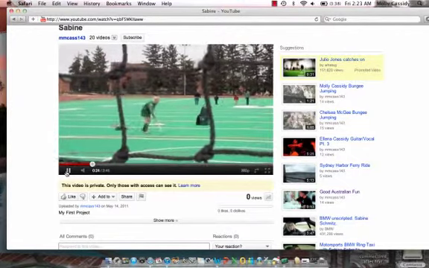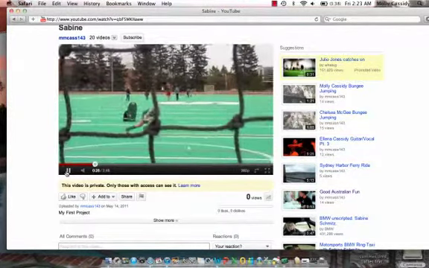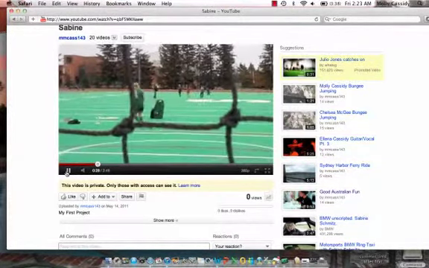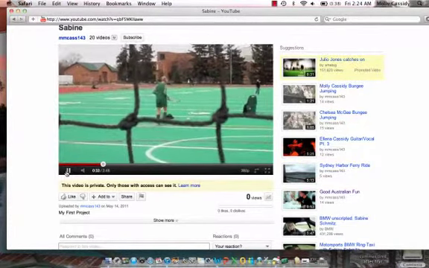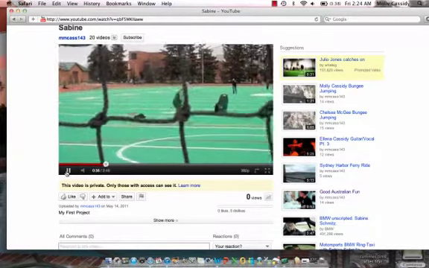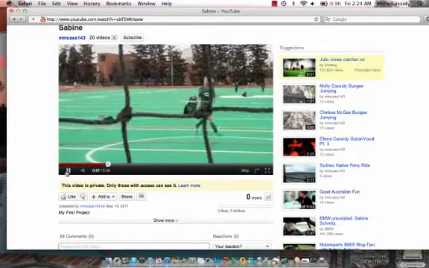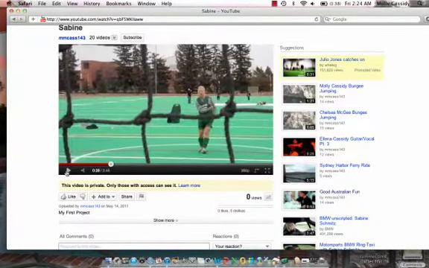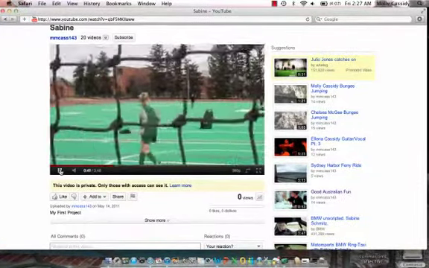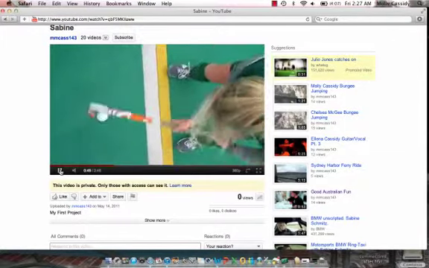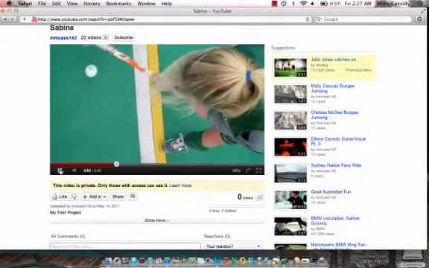In this next clip, we can see that the camera person is standing behind the cage. With this, you not only see the person shooting the ball in that motion, but you also see the net that's being hit by the ball. Again, in this clip, we can look at the movement of the net when the person is striking the ball. That's also very good to take into consideration.